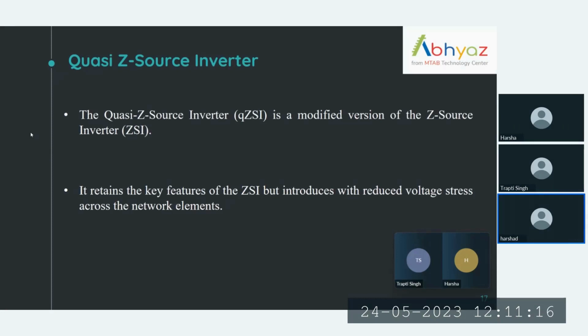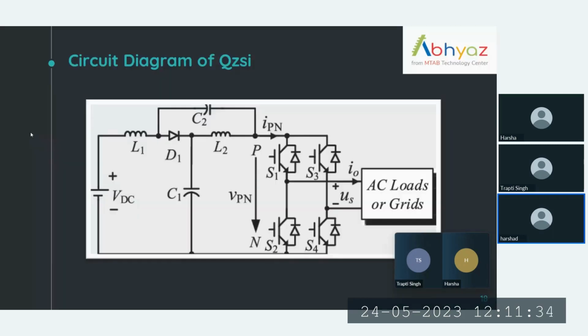To overcome the limitations of the Z-source inverters, such as high voltage stress across the inductors and capacitors and lower system reliability, we look forward to the quasi Z-source inverter. It is a modified version of Z-source inverters which retains the key features of the Z-source inverters. In the circuit diagram,